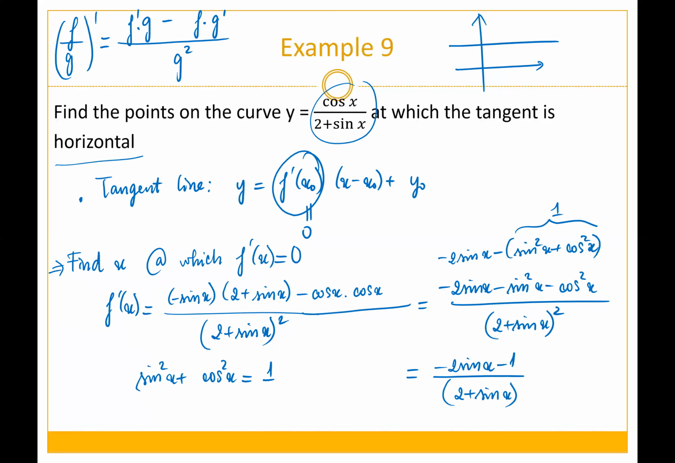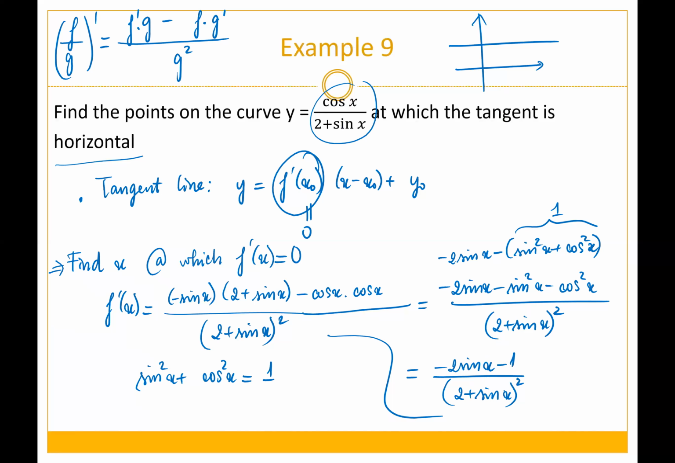Now we try to find what value of x is going to give our derivative equal to 0. We have a fraction here, and for a fraction to be equal to 0, the denominator has to be different from 0 and the numerator has to be 0. The denominator has to be different from 0 so that the fraction is defined, and then it has the value